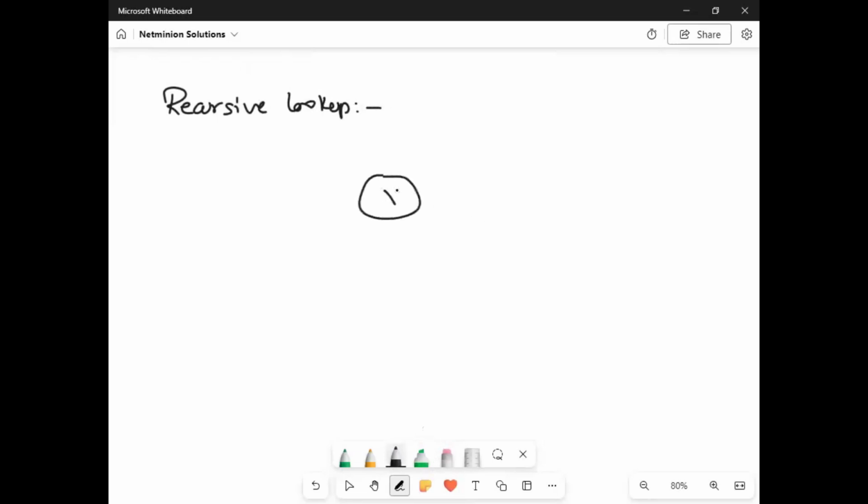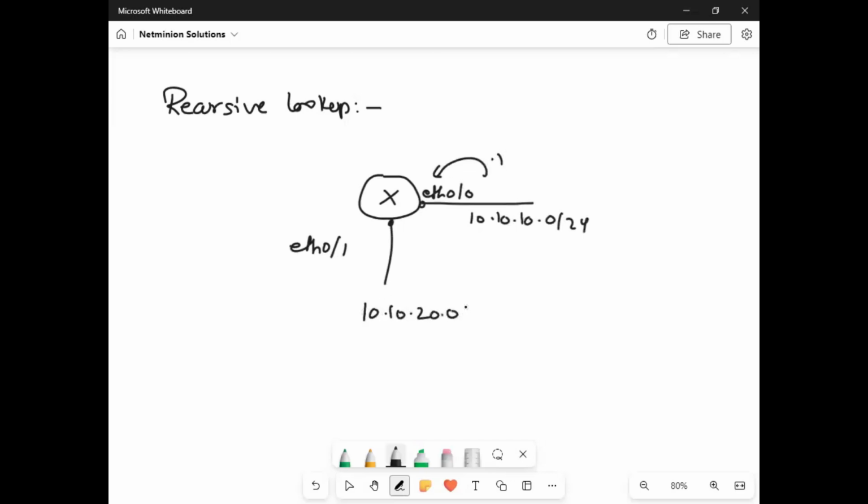Try to understand. This is a router. This router has two interfaces, let us say, which are in the connected state. Rest of them are not in the connected state. Here it is running 10.10.10.0/24, maybe .1 IP this side. Here it is running, let us say, 10.10.20.0/24 and .1 IP this side again. Let us say this is R1. On this router, if I put an IP route, and this is a default route, which means any network, 0.0.0.0, any mask 0.0.0.0,